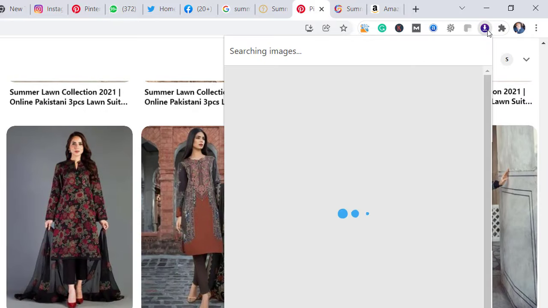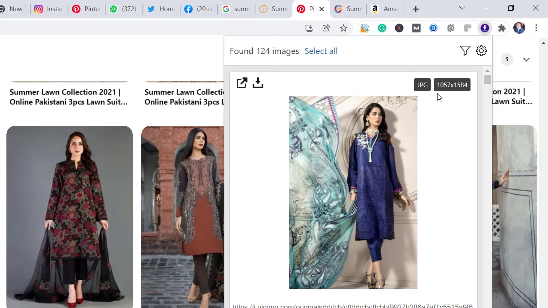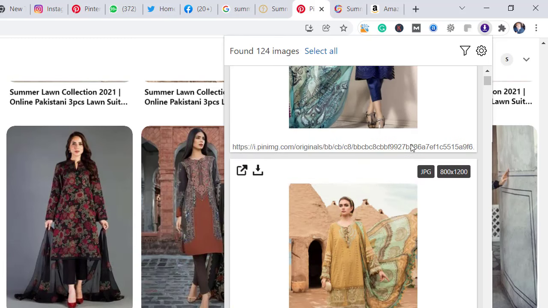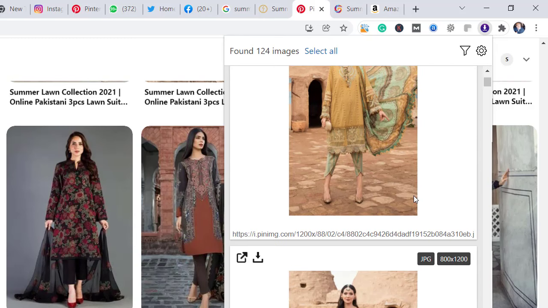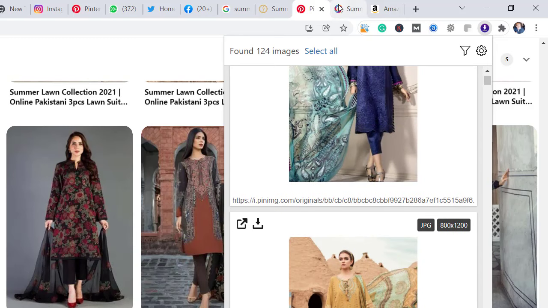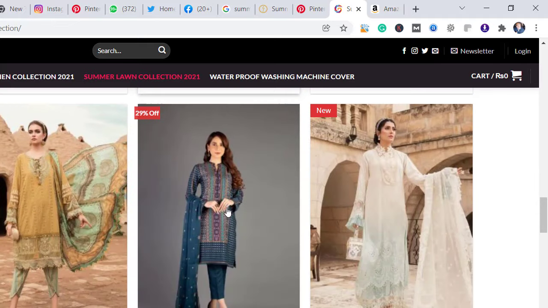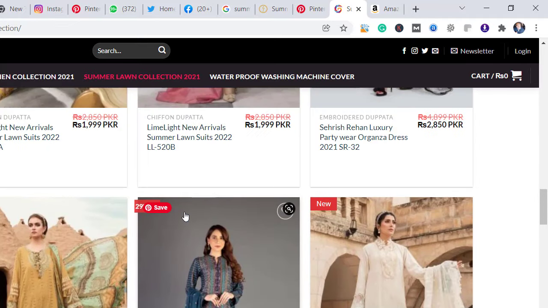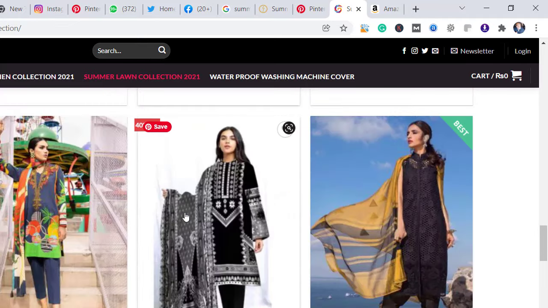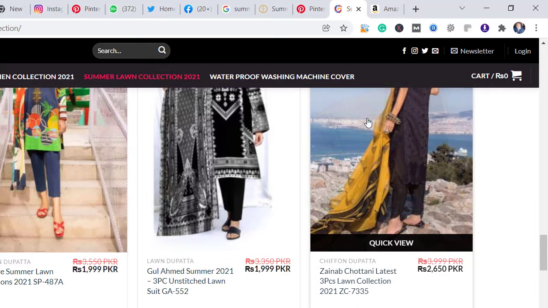You click here, we already discussed Pinterest. So 1057 is a good resolution, 800 something. Like that, in this extension you can also use any product photos in good resolution.